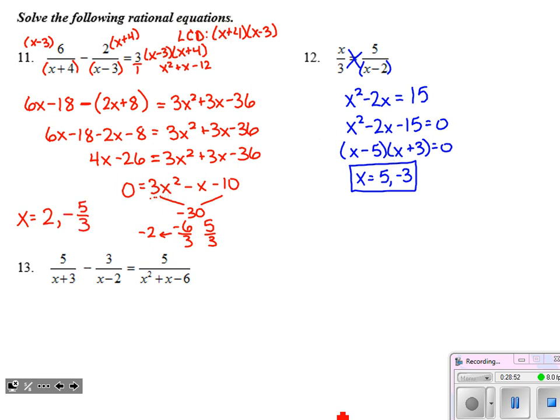And again, before I box that up, I just want to look back up at the top. Are there any x values that would produce a 0 denominator? Those are the ones that we can't have. And looking up at that, no, there aren't. So both of these answers are acceptable. And again, we could check by typing in the left-hand side, all of that. We want to be careful with grouping, of course. But typing all that in as y1, the right-hand side, y2 would just equal 3, and see how many times they intersect.